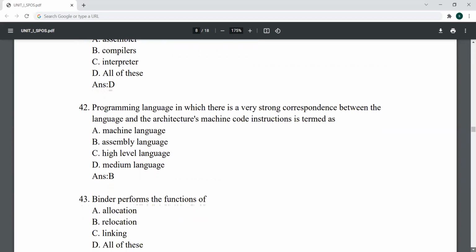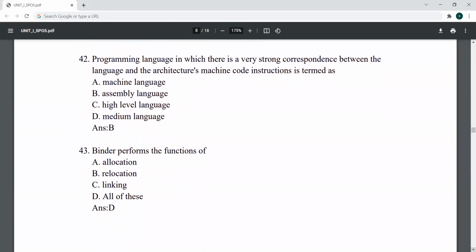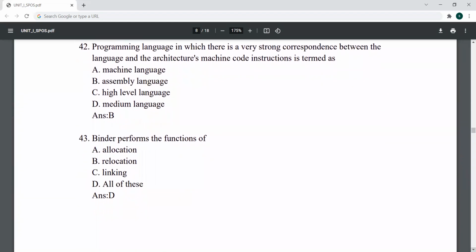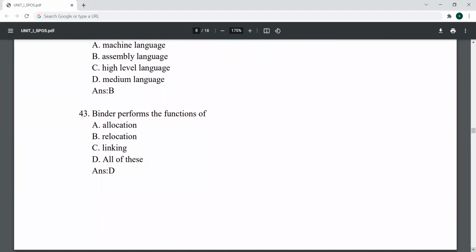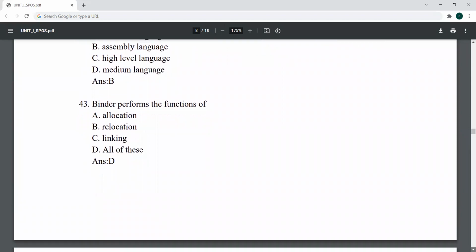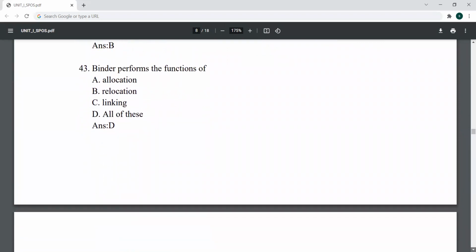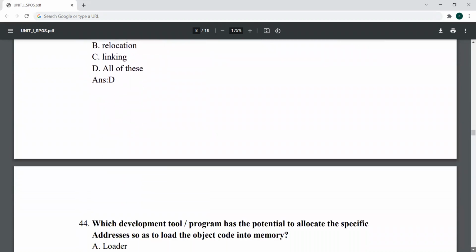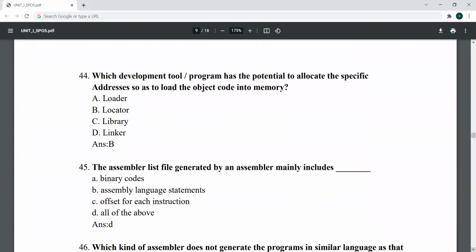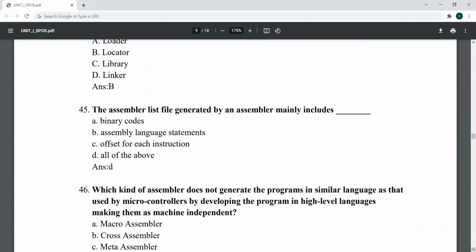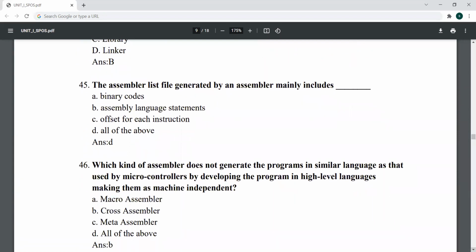Strong correspondence between the language and architecture machine code instruction is termed as assembly language. Binder performs the function of all of these: allocation, relocation, linking. Which development tool program has to allocate the specific address so as to load the object code into memory? B option, locator. The assembler list file generated by an assembler mainly includes binary codes, assembly language statements, offset